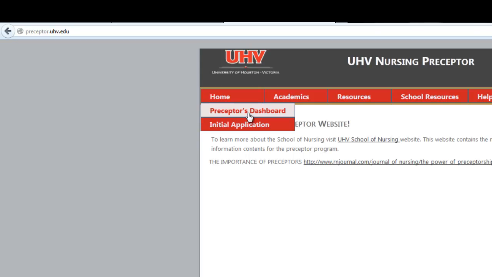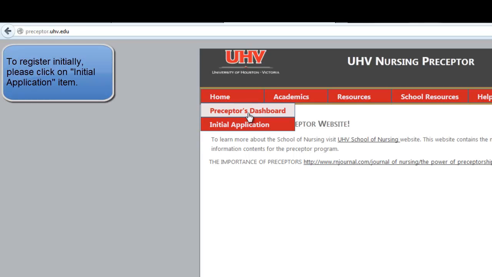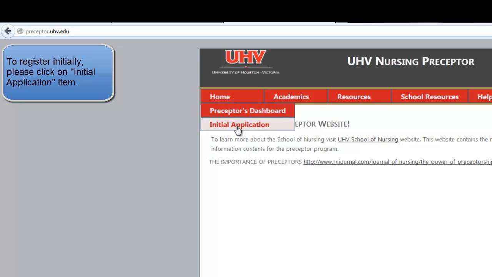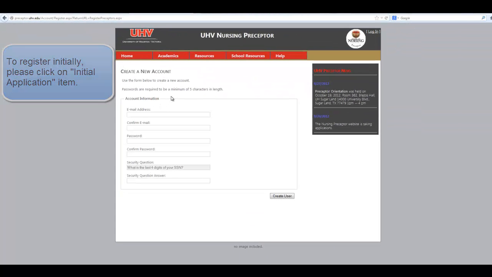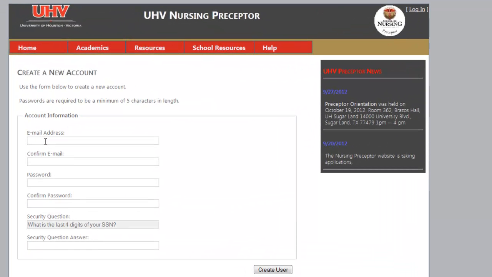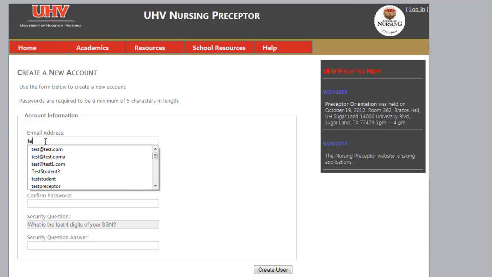Right now I'm going to register as an initial applicant. So I'm going to go to the Home tab and then click on Initial Application. The registration page opens up, and I'm asked for an email address. For the purposes of this demonstration, I'll just put in a fake email address. But you need to know that it has to be a working email address, otherwise you will not be able to submit your application. So for this purpose, I'm going to use a test email address,